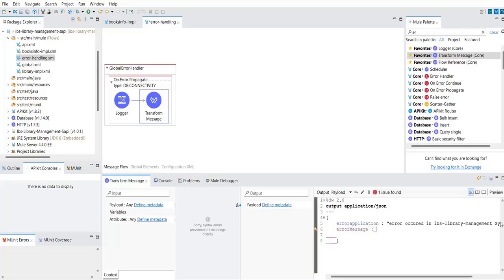We already saw in our previous video that to capture the error message you can use the error object and error.detailedDescription. In the detailed description field you will find what exact error occurred, right? And then along with this,